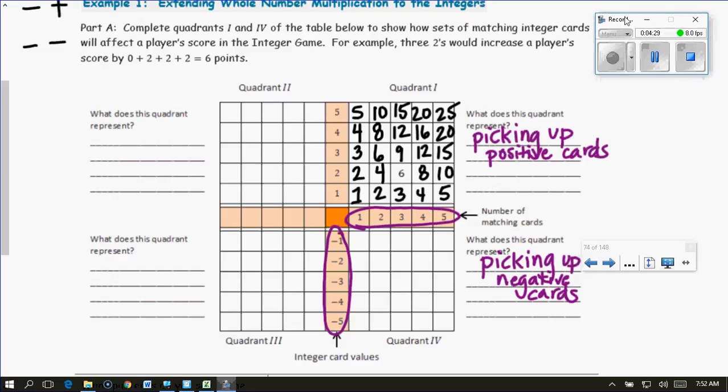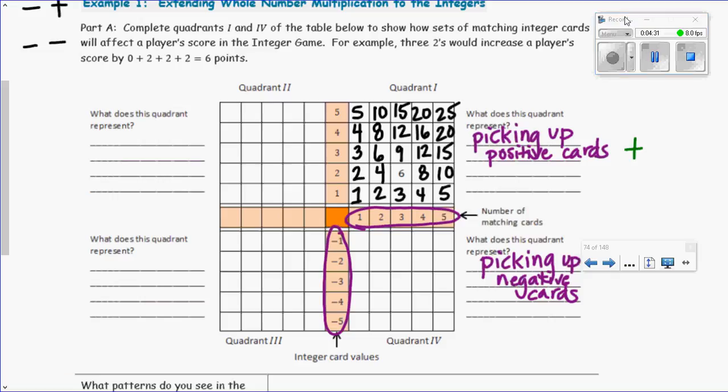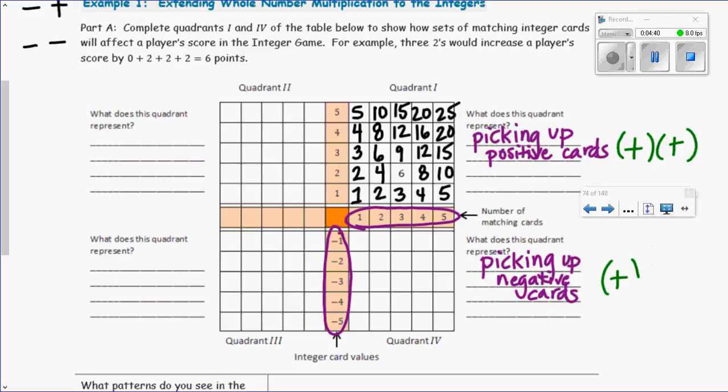Let's say it like this, up above. Let's say that this would be a positive times a positive. And then these ones, I'm still picking up, so that would be a positive number of cards. But this time I'm picking up negative cards. So if I'm picking up negative cards, we know from our last lesson, that means my score is going down. So if I pick up one negative 1 card, my score will go down